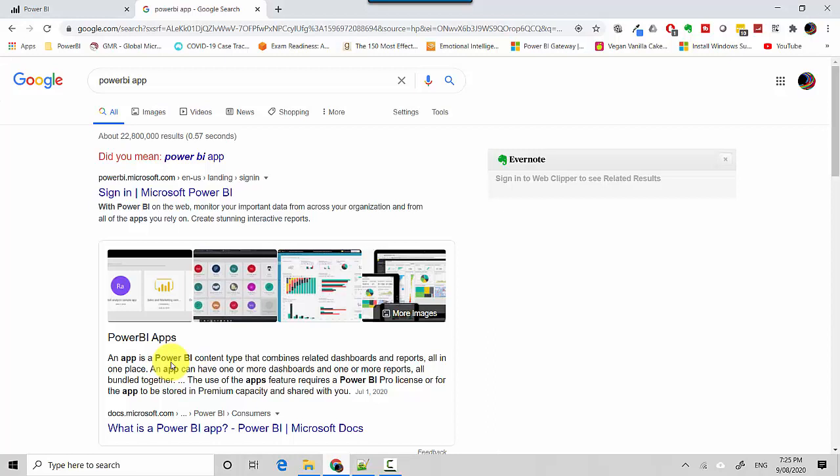You can think of it like this: one dashboard can have multiple Power BI reports underneath it, and one Power BI report can have visuals which serve multiple dashboards. So it's kind of like a many-to-many relationship. You take it one level up and you've got an app. An app can be a combination of multiple report pages, multiple dashboards, and so on. In this video, we'll learn how to create those. Once you've created an app, it's just easier to share it with people.